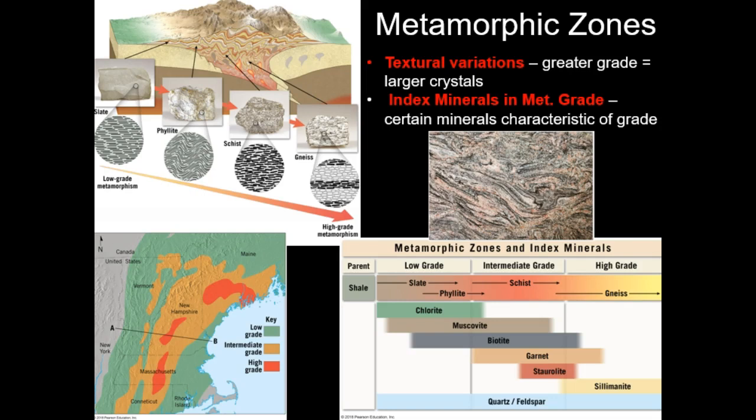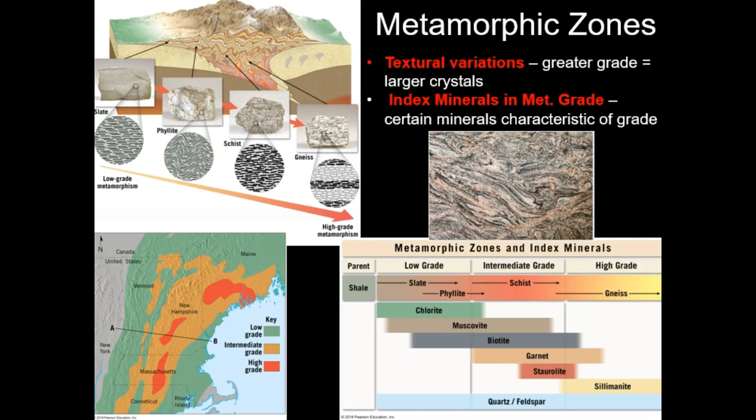So in addition to these textural variations, there is also mineralogic variation with metamorphic grade change. The figure here on the lower right shows the idealized scenario for the minerals that are common in different foliated textures of metamorphic rocks. So after having studied many of the foliated textured metamorphic rocks, many geologists have been able to identify the existence